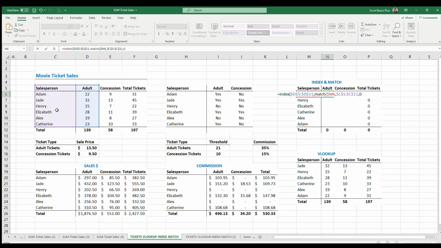Now we close our match formula. There's your close bracket. And now we close the index bracket. So there's 2 closing of brackets there. You've got to close off each formula. Now I'm going to press enter